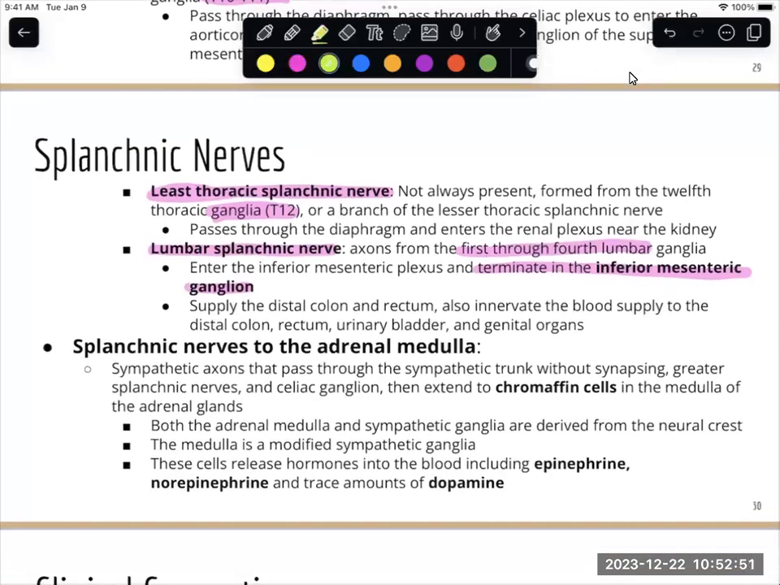These splanchnic nerves that go to the adrenal medulla, they're going to pass through that sympathetic trunk without synapsing. The greater splanchnic nerve and this celiac ganglion will extend to those chromaffin cells in that adrenal medulla. They come from the same tissues, those neural crest cells, which allows them to release that epinephrine and norepinephrine. They do release trace amounts of dopamine, but we get most of our dopamine from within the brain,